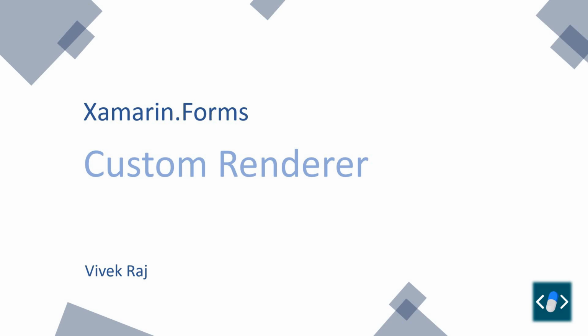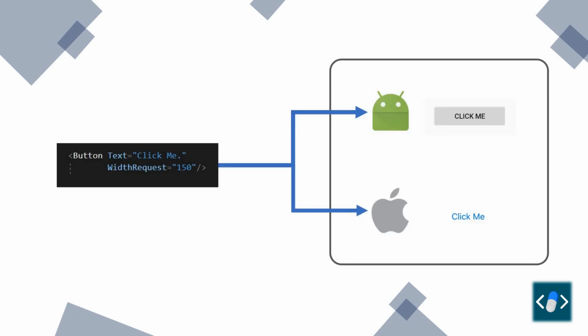So in Xamarin Forms, for every control we have multiple renderers, one for each platform. So if you take a look at this piece of XAML code, on an Android device it is rendered as the native Android button, and on an iOS device it looks like the native iOS button. Xamarin developers have created renderers for each control that we have in Xamarin Forms, and these renderers are responsible for transforming the XAML code to the native looking UI on both these platforms.